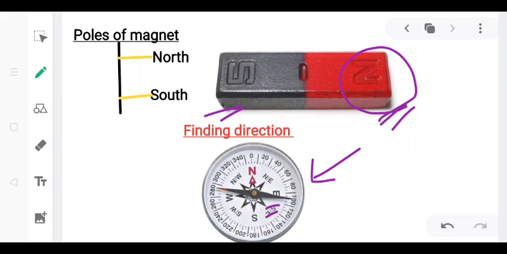The Chinese were the first to develop a compass about 800 years ago, and the compass had a piece of lodestone, which is a natural magnet, hanging from a string. The ends of the stone were pointed to the north and south direction. A compass has markings that show the four main directions: north, east, south and west. And it also shows some intermediate directions like northeast, northwest, southeast and southwest.